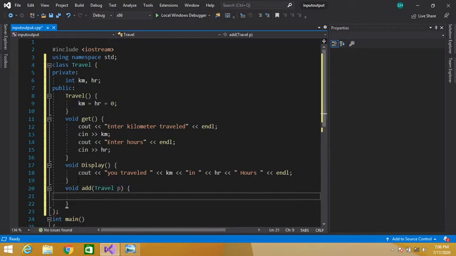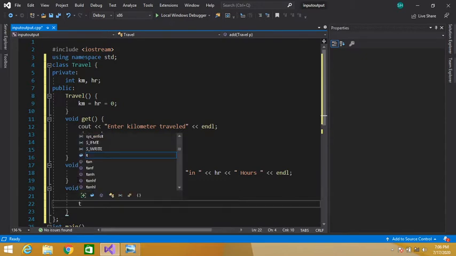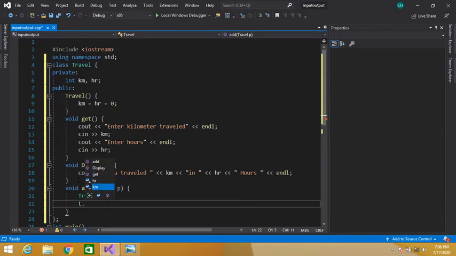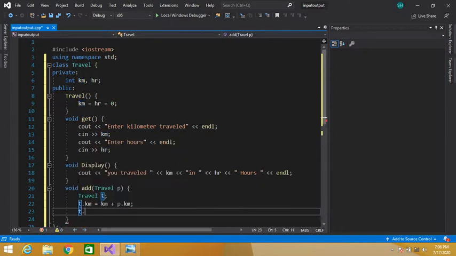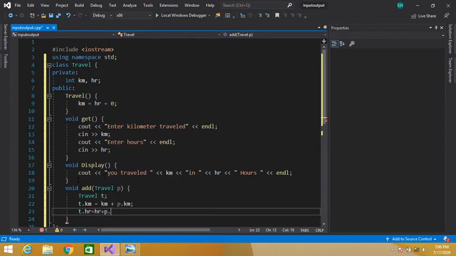So let's create a temporary object here, t, and let's say t.km = km + p.km. Similarly, t.hr = hr + p.hr, our hr variable.